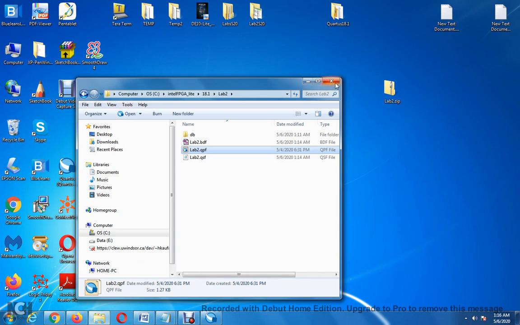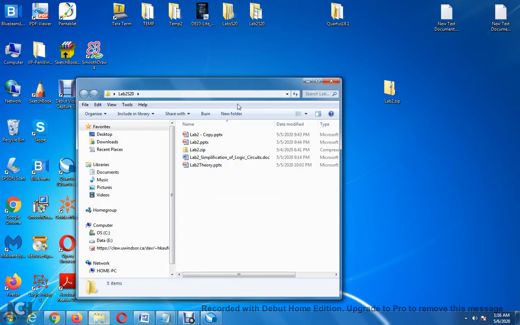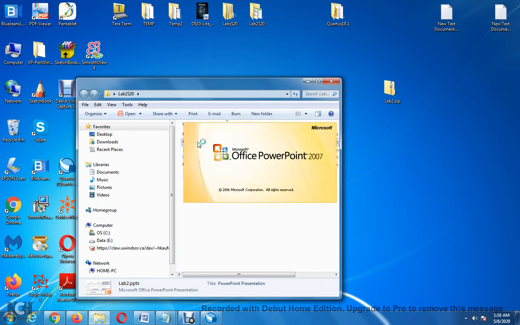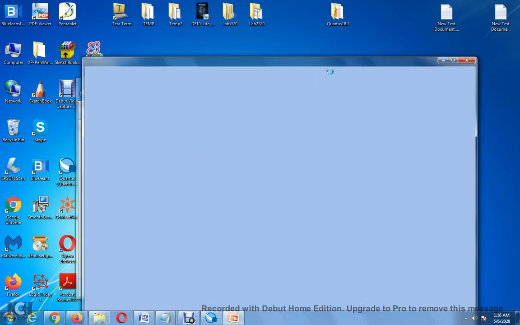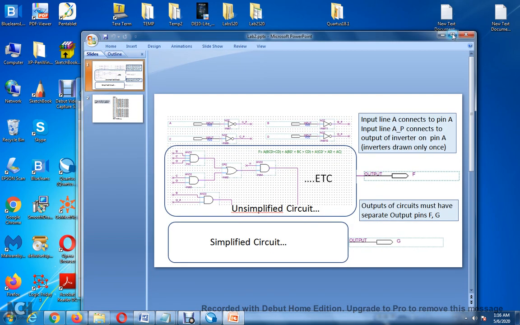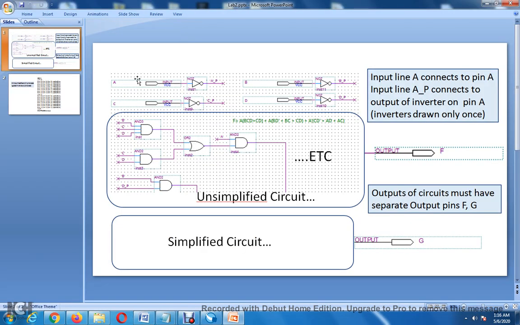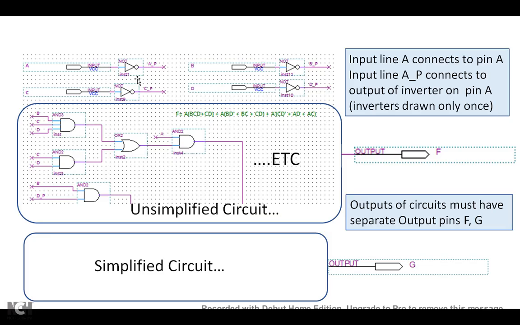Well, look at this. See this PowerPoint? That shows me that I can create this by having the unsimplified circuit drawn near the top of the schematic and the simplified below. And they have to have different output markers, differently named output markers. Otherwise, you're shorting the outputs together, which is a disaster, okay? And then for convenience,